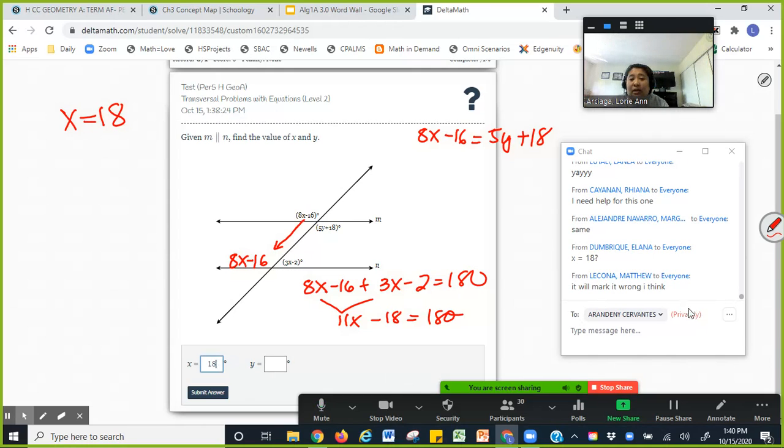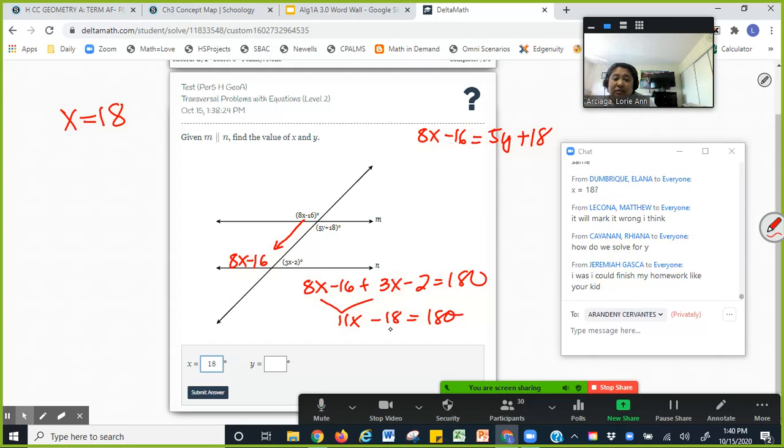Thank you. They will mark it wrong. Okay, so then once you have, how do we solve for y? Once you have the x, then you go back and plug it in. But yeah, so did you verify if x is equal to 18? So you go,